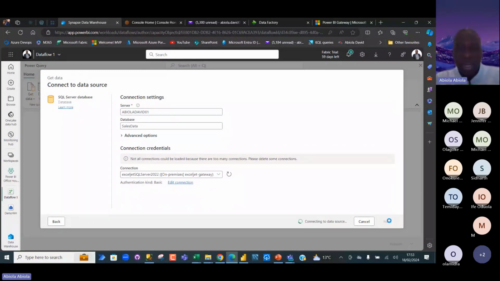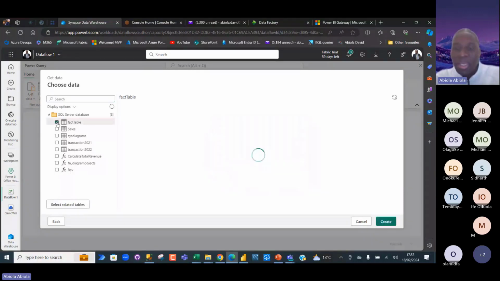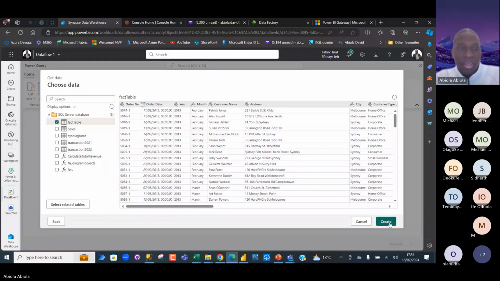So wait for that to open, and there we go. So I can see the tables within the sales data database. And let's say I want to get this fact table. I can just go ahead and click on it, and then I can see the preview of the data, then go ahead and click on create. Okay, so again, if you want to perform any transformation, just go ahead and perform the transformation, and then we